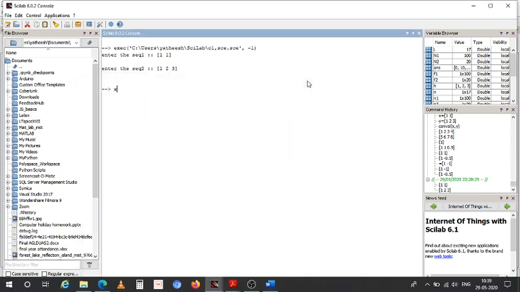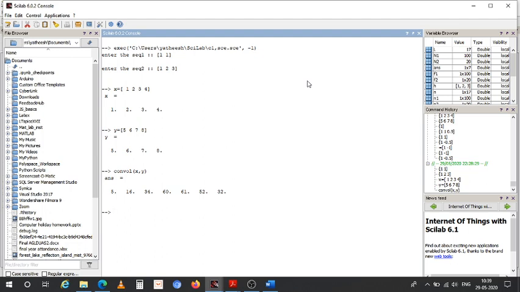So you can also try the same thing here on the command line. So this is the output we are getting. We can plot the same if you want.